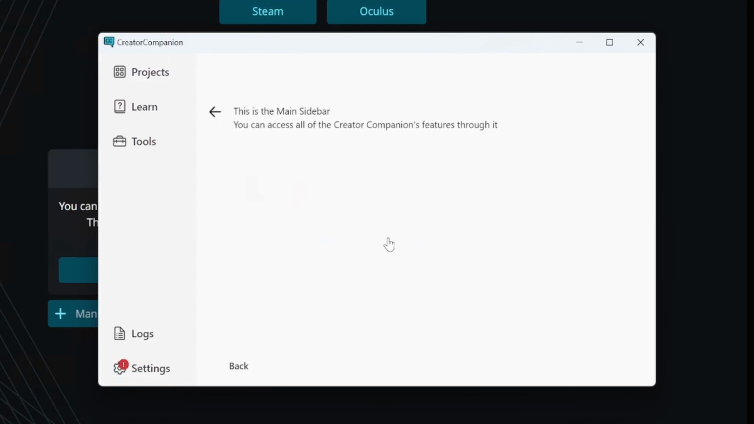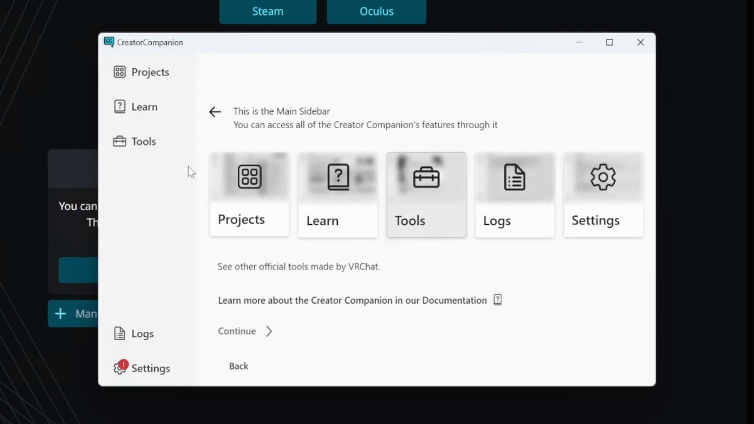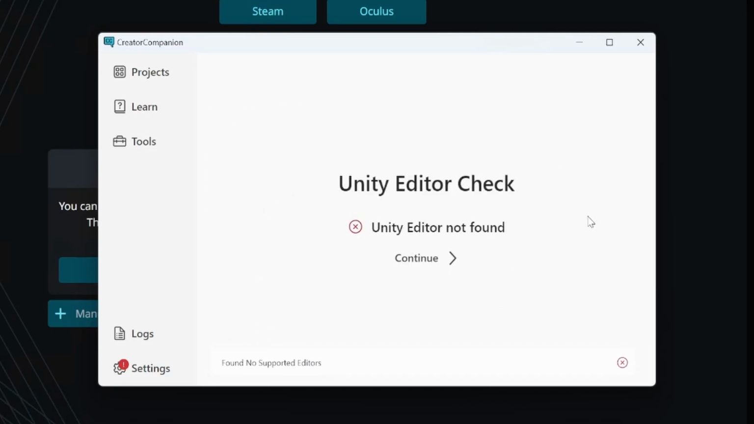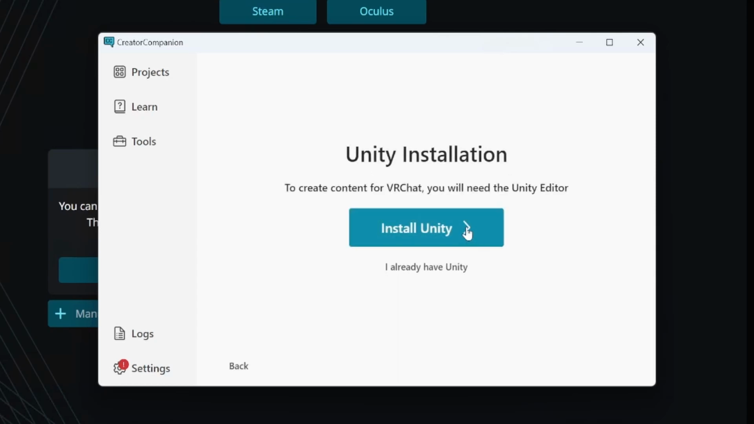Now, if you've never used the VRChat Creator Companion before, then I recommend you read through some of this and get familiar with the interface. Otherwise, we can go ahead and skip forward, press Continue. It's going to say that your Unity editor is not found if you don't have Unity, and if that's the case, go ahead and click Continue, install Unity,